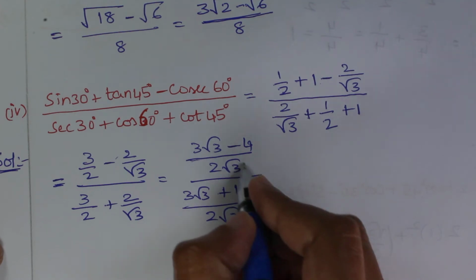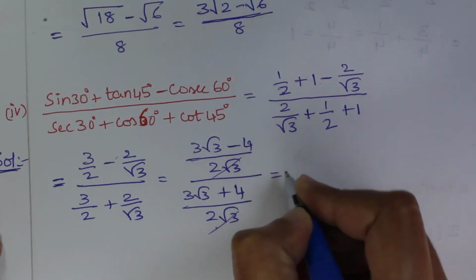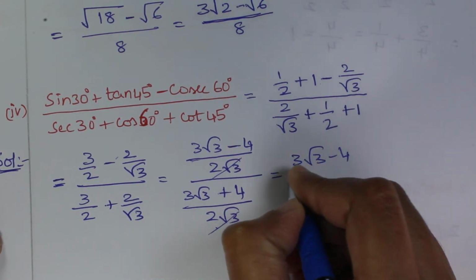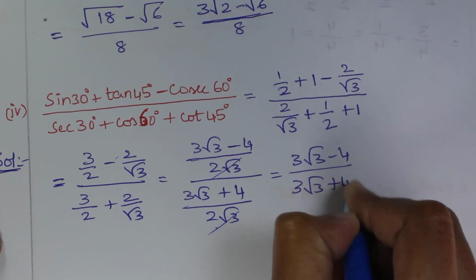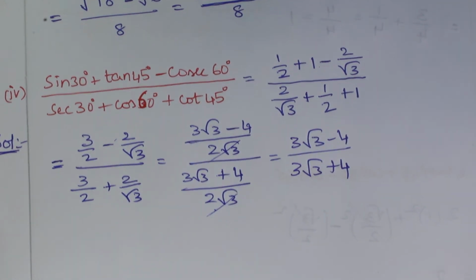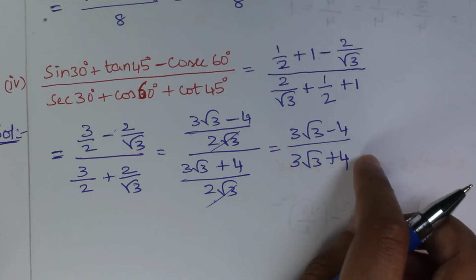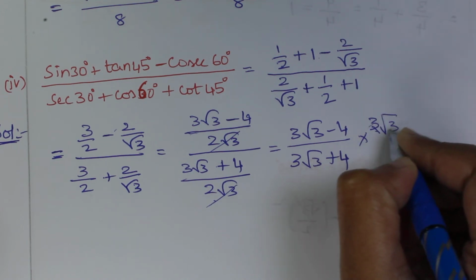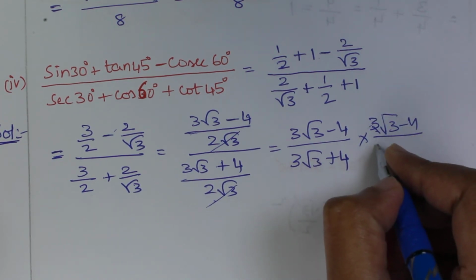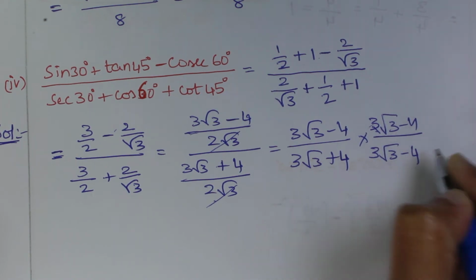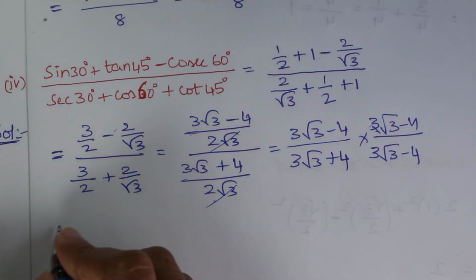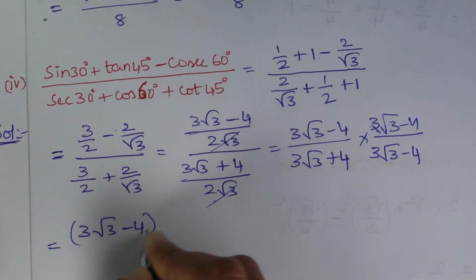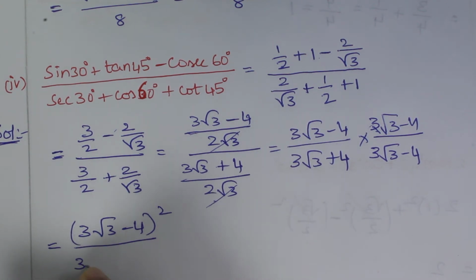Now 2 root 3 gets cancelled on both the sides. Now on both halves, it becomes 3 root 3 minus 4 divided by 3 root 3 plus 4. Okay. Now I will multiply this with 3 root 3 minus 4 on both numerator and denominator. Okay, it becomes 3 root 3 minus 4 whole square divided by 3 root 3 whole square